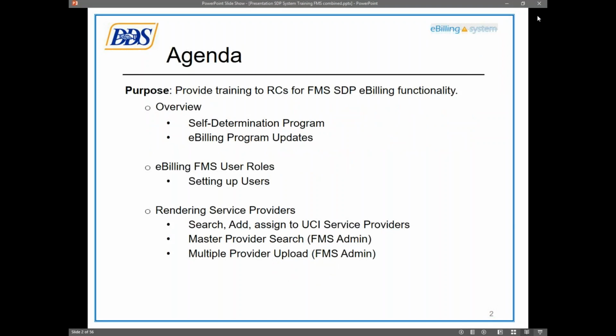Okay, so today we're going to cover how to provide training. We're going to provide training to you, for how to train your FMS for the self-determination program eBilling functionality. So some of this may be a little bit of a repeat if you attended training on the previous days, but we're briefly going to cover the self-determination program, an overview of how it folds into processes on UFIS and